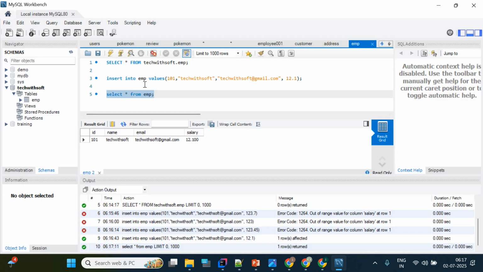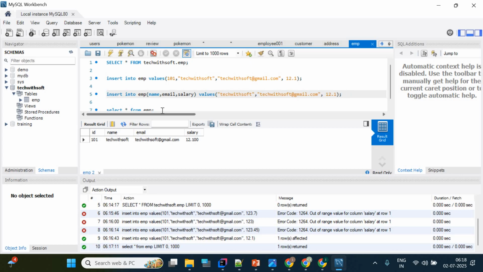So here we have to write insert into EMP values where we have ID, name, email and salary. Sometimes it happens that the ID is not given by the user, and the name and all other information is given by the user. That is called selective insert, right? If you want to write a selective insert, then before this EMP you have to write the column names. I have to store the name information, the email information and the salary information. I don't want to store the ID information, so I will not provide the ID, and I will just remove it,